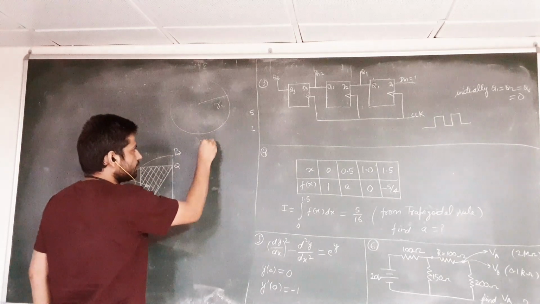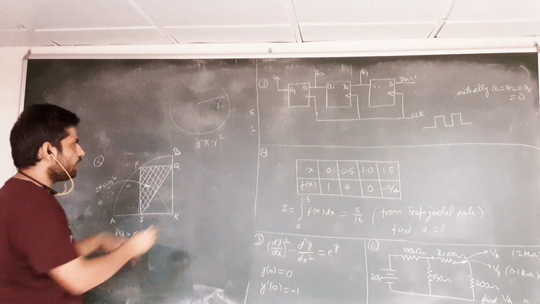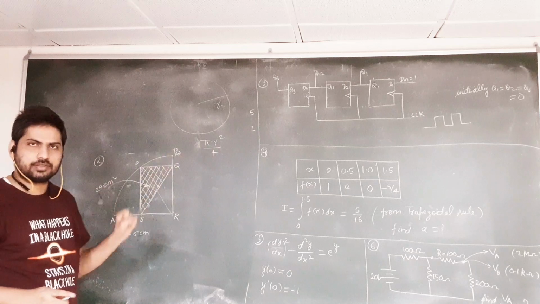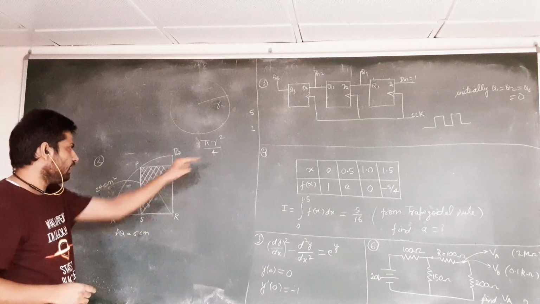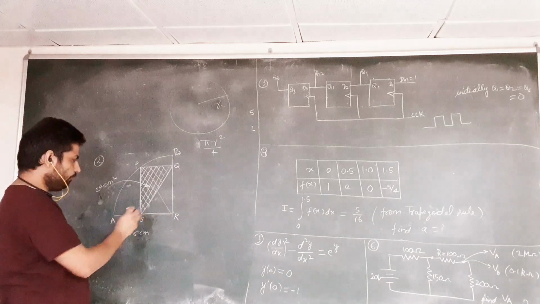So if we can find the radius, suppose I am writing it as small r, the area of this whole circle will be pi r square, and the whole area of this quadrant will be pi r square by 4. So our task is to find this r, that is the radius. And for finding the r, we need QS. And how can we find the QS value?